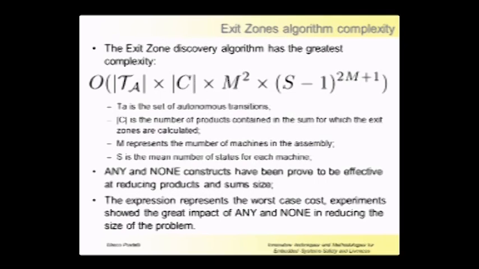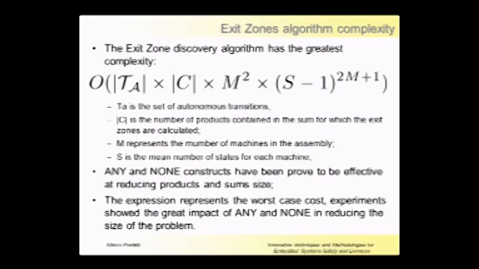It's important to observe that this is the worst case cost. So actually the cost is not so big, not exponential, because any and none have been proven to be effective in reducing the cost of this algorithm,